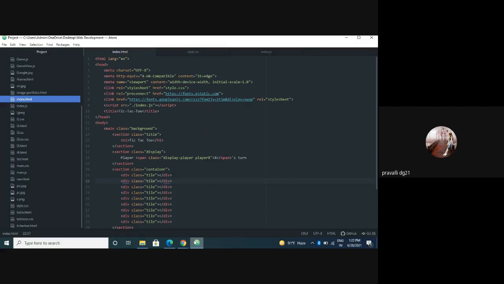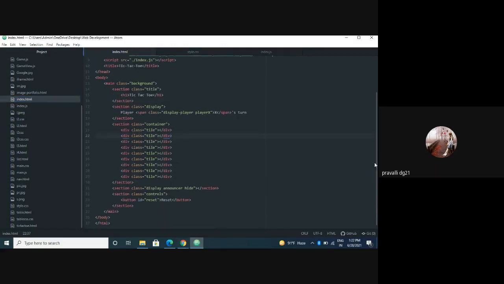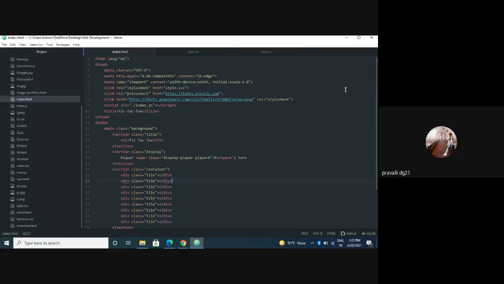Let's open up styles.css and make this game look beautiful. Before that, see the entire code. Now for styling,